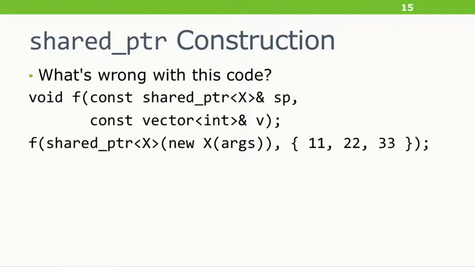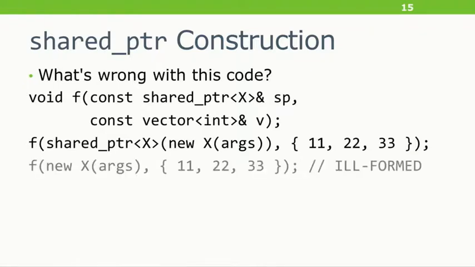Anybody see? Raise your hands. Who thinks that I should just nuke the shared pointer X, like I was in the previous slides? OK, fewer hands. Excellent, because that is wrong. You cannot simply nuke the shared pointer X there, because shared pointer has an explicit constructor from raw pointer. It's trying to be very careful about when it acquires and releases ownership. So if you just simply try to pass new X args, that won't even compile. So that's not the fix.